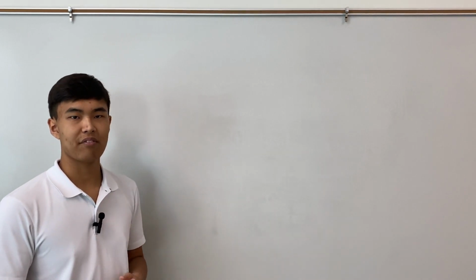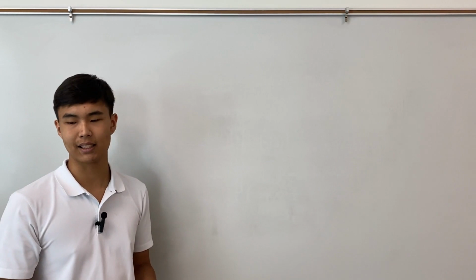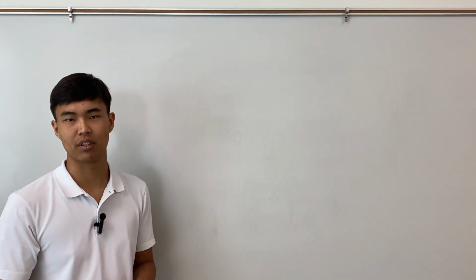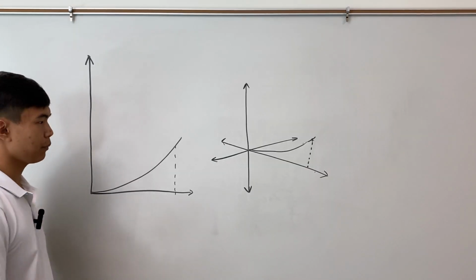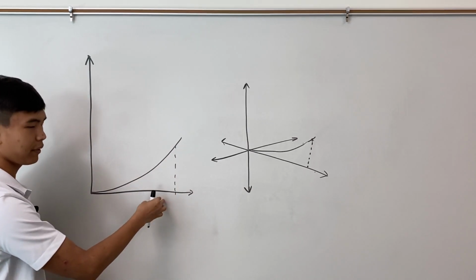In this video, we're going to be finding the volume of shapes that are formed when we revolve curves around some axis, commonly known as solids of revolution. For this example, I'm going to show you what happens when we revolve this curve, cut off here, about the